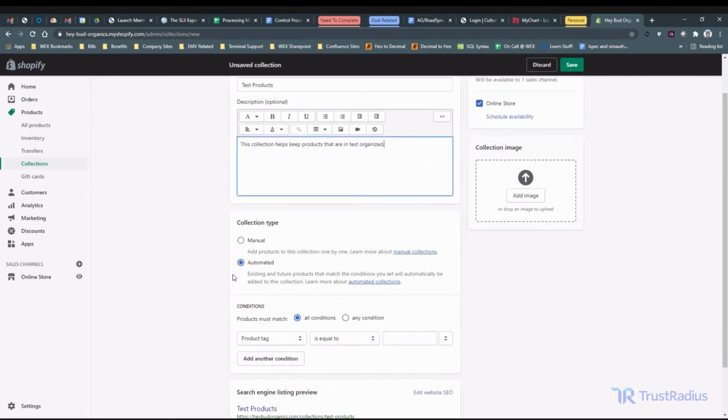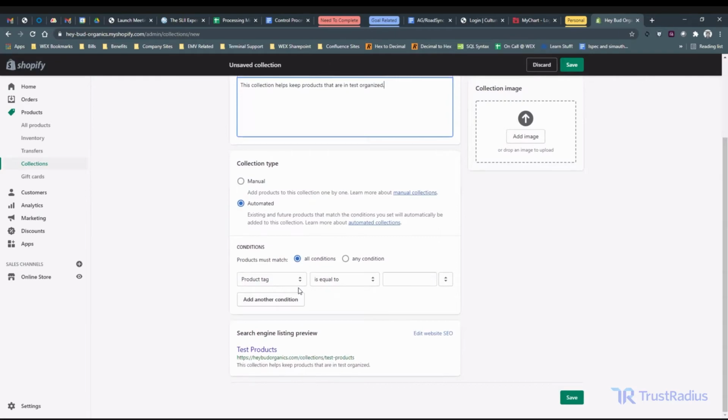The collection type, this could be manual where you add products to the collection one by one, or you can have a more automated where existing and future products that match the conditions you set will automatically be put into this. So you can do that with a product tag. So say in the tag section for adding a product, every time I put in the word test, we could have it added to this. So product tag is equal to, and we didn't actually pick it. We'll just use one of these other ones as an example. So in this instance, any product I added that had the word bomb in the tag section would automatically be